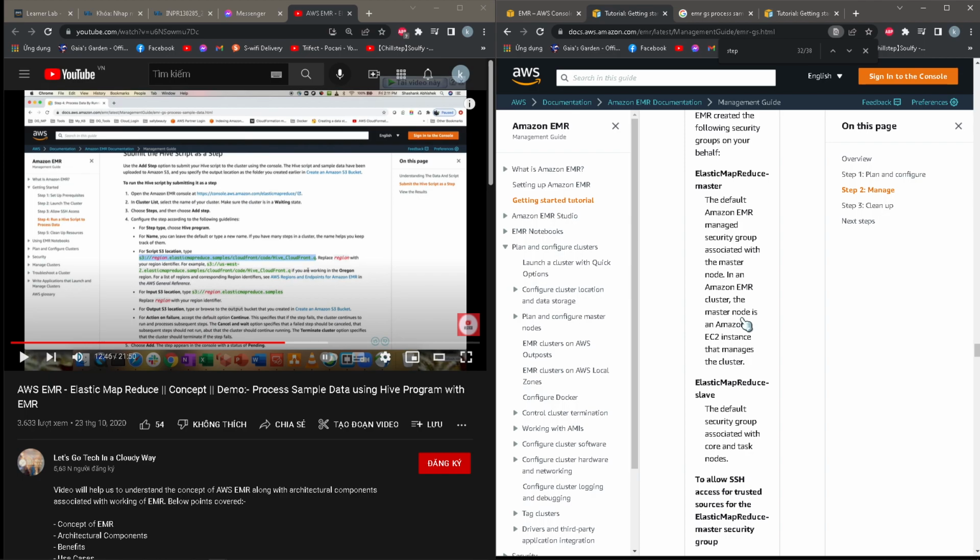Have for the data processing samples. So let's copy that. And instead of region, let's give this as US East 1. I'm in US. Instead of this location, these are the Hive CloudFront